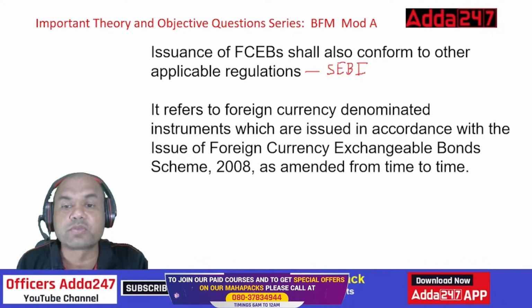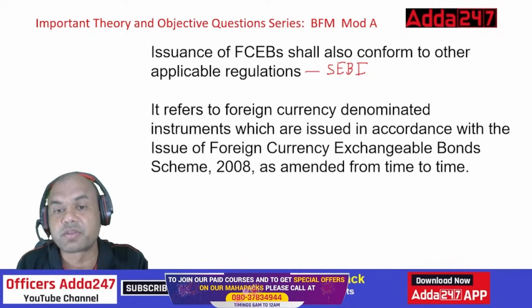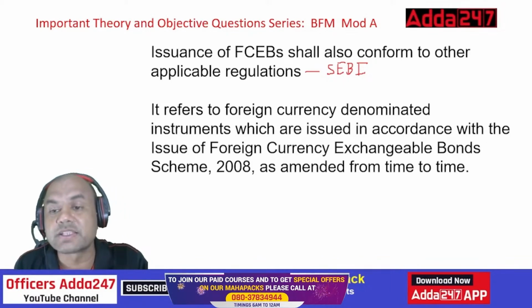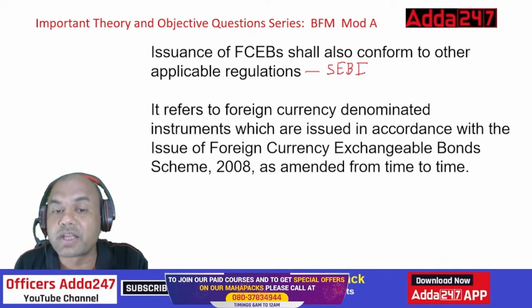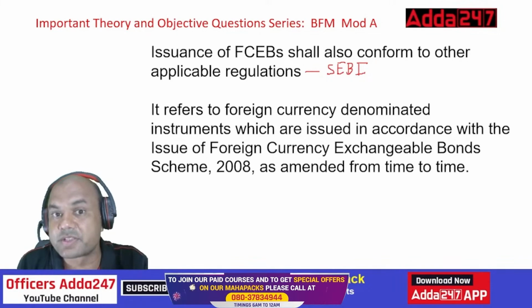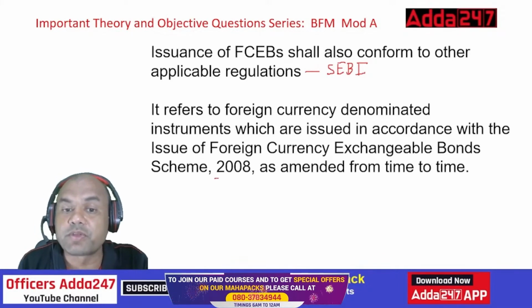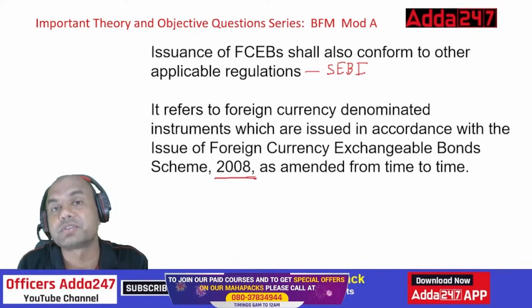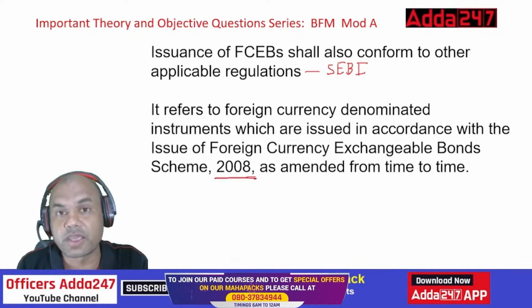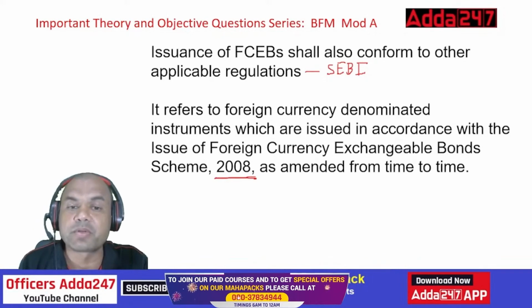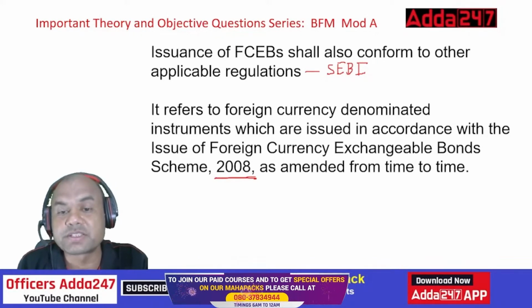It refers to the foreign currency denominated instrument which is issued in accordance with the Issuance of Foreign Currency Exchangeable Bond Scheme, 2008. Now look at this. FCCB was 1993. This is 2008. Means after 15 years FCEB were introduced. Long gap, isn't it? As amended from time to time. So the FCEB scheme is in 2008 and the FCCB scheme is in